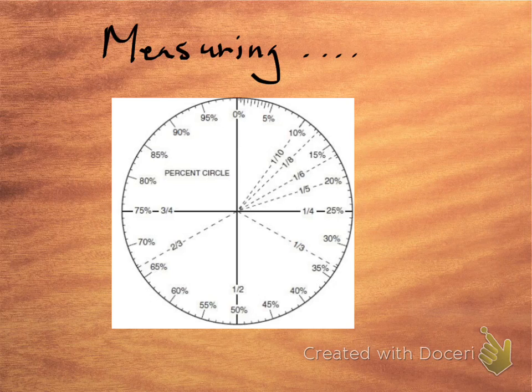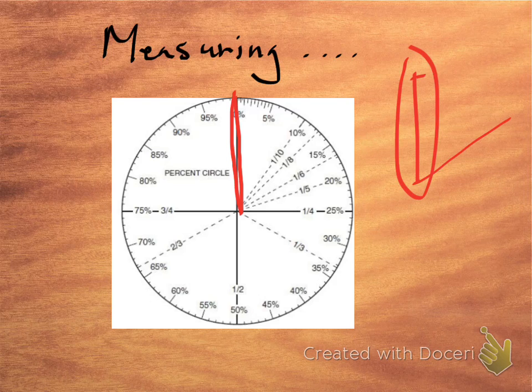And what you do when you're using a percent circle is you take the piece of the pie you're trying to measure, and you always line this radius right here, the 0, up with the left side of the piece of the pie, and you always measure going clockwise. So you'll actually lay this circle graph on top of the graph, and you line it up so that the